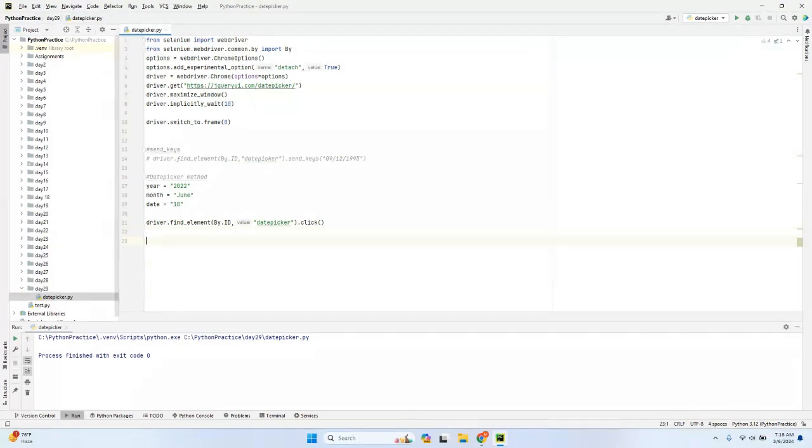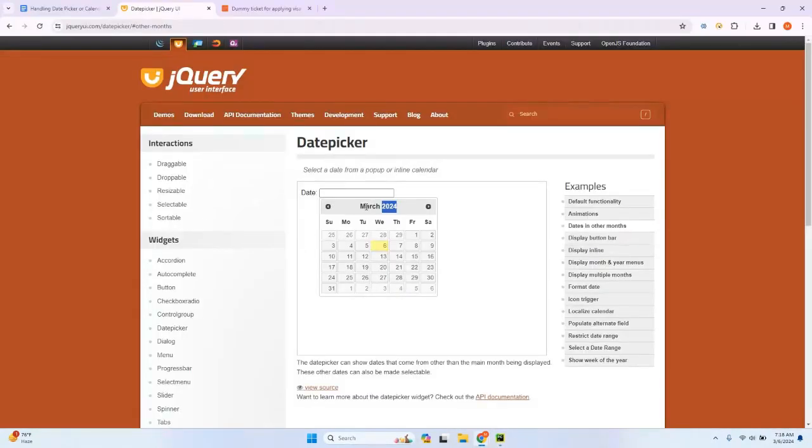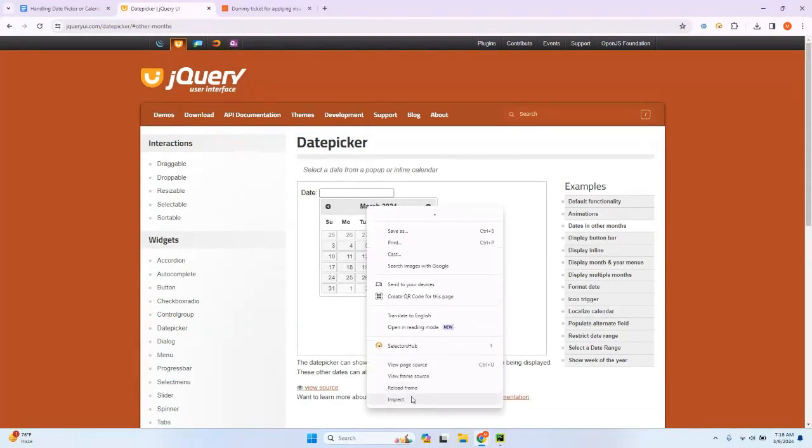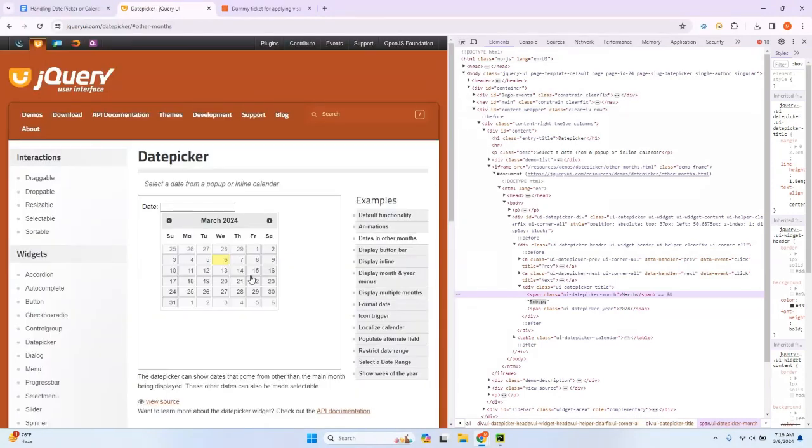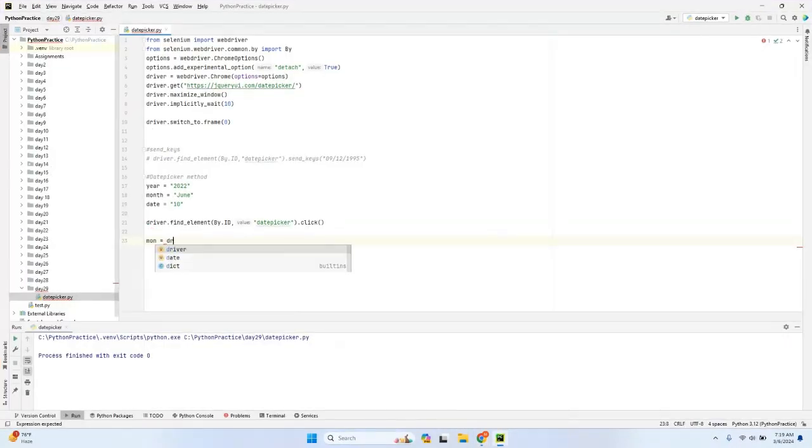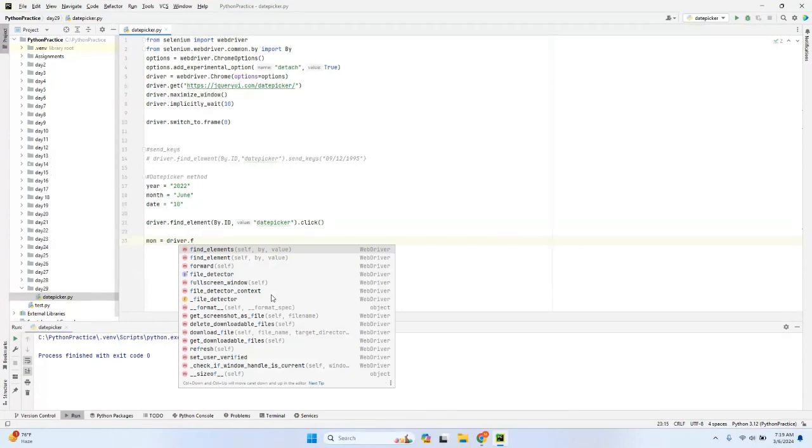Then what I'm doing, I'm just initializing a month variable. So this month variable is nothing but the month which you are trying to see here. Let me inspect this. So in the date picker element, I'm just inspecting the month and the year. If you can see here, it is having the class of date picker month. Similarly, date picker year. So what I will do, I will try to write driver dot find element, not find elements, by dot